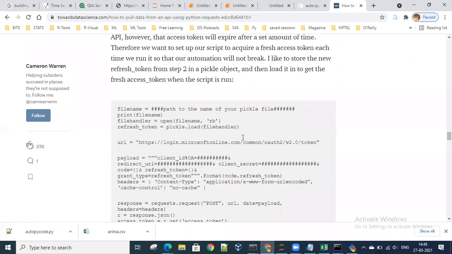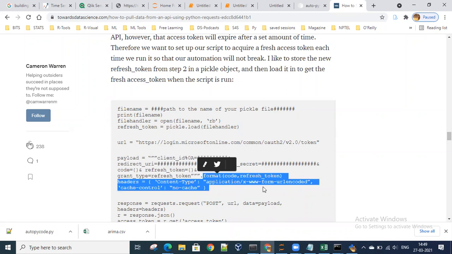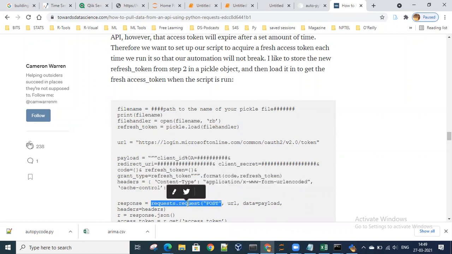So now say file name, print files, then token, then this is a URL. This is the username and the client secret, that is the password, the API password in case you have, and then you will be able to read it. So these are basically the standard parameters. Response request post. This is the post to URL, but there will be a request that is get to get data from URL as well.